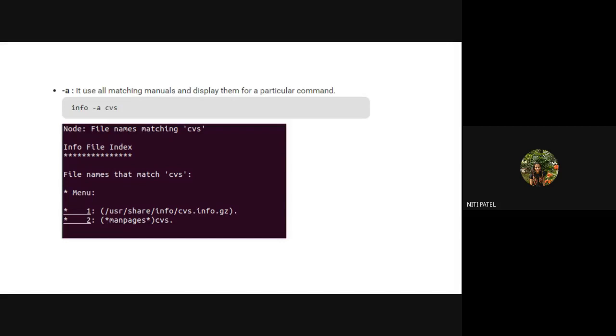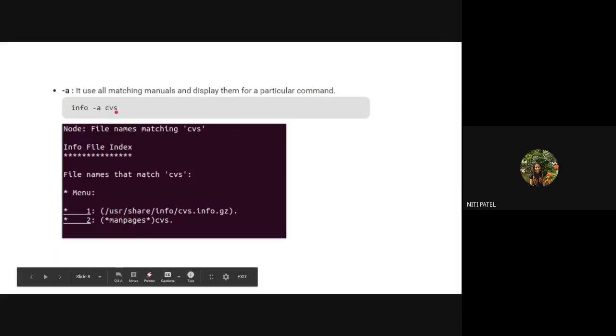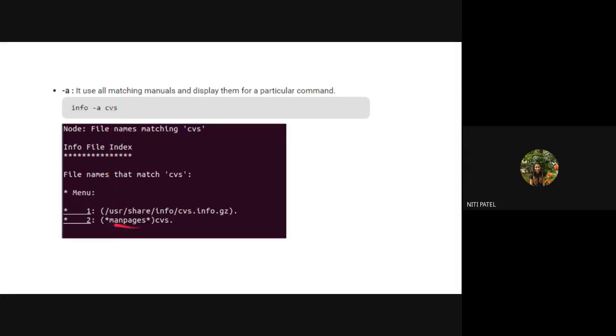So if there are 1,000 entries in the info page, all those 1,000 entries will be there in the man page also. So whenever I use this command info CVS, it will always give me the file which is there inside the man page also. Why? Because every data of info page is made as a copy inside the man page also.